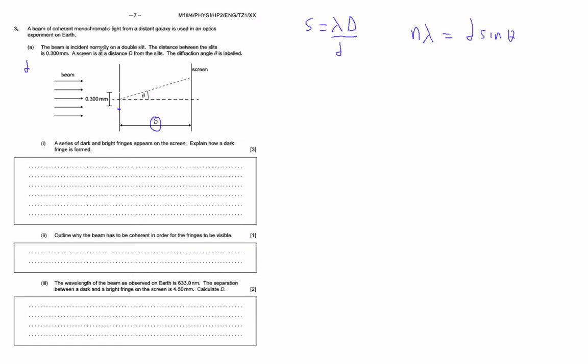Okay. The screen is at a distance D from the slits. The diffraction angle theta is labeled. Okay. So this is the diffraction angle when they're talking about that, right? They're talking about this guy here. So we're going to get these Young's double slit